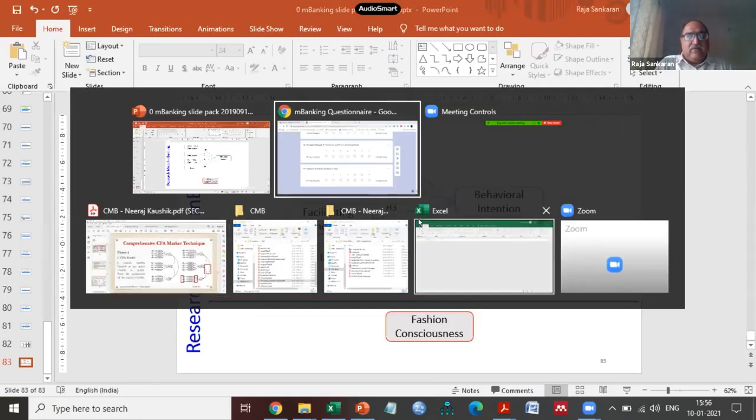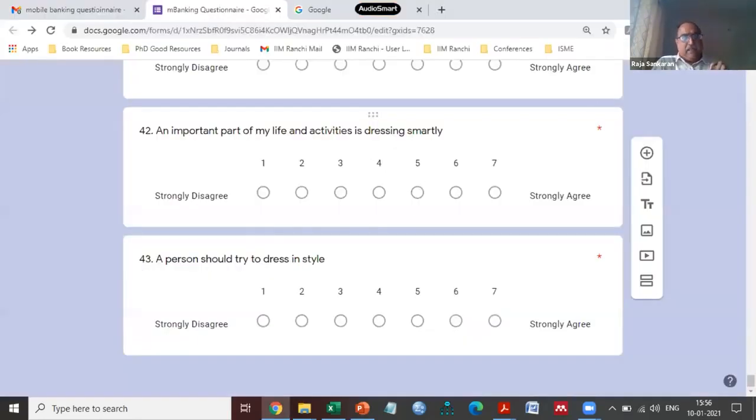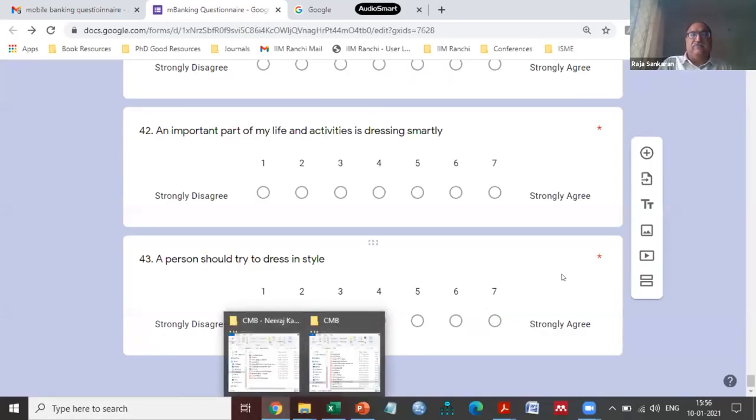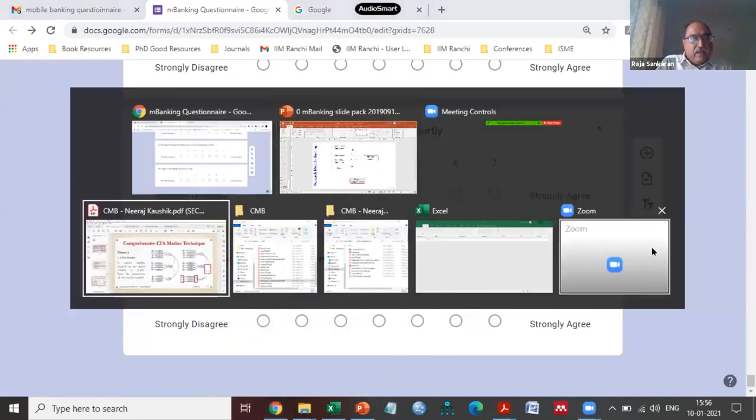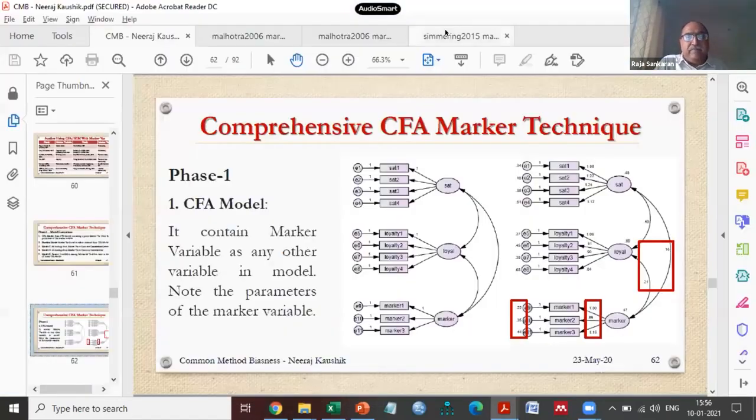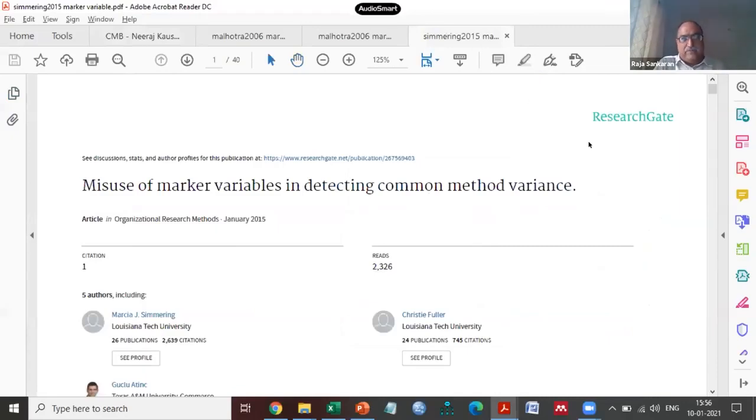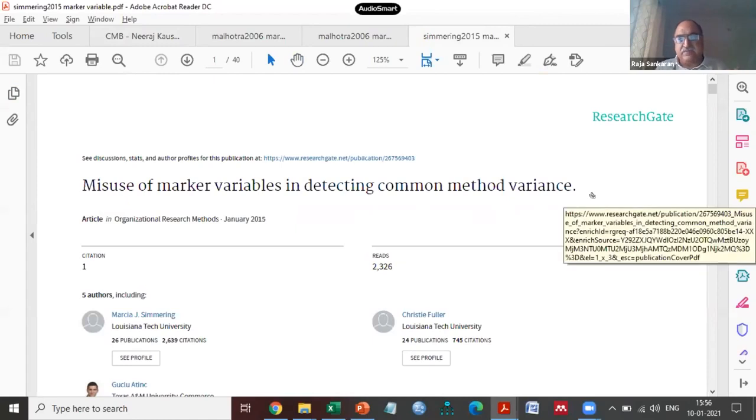So the first point would be using the literature review. I'll give you one quick example and then I will show you from where I used this construct. If I go back to this paper, which is on misuse of marker variables in detecting common method variance. This has been covered in one of the videos by the professor.